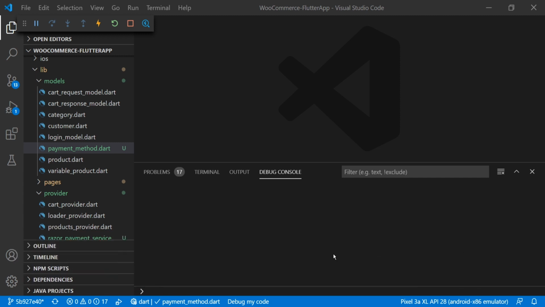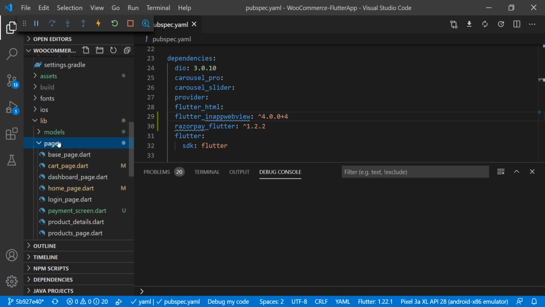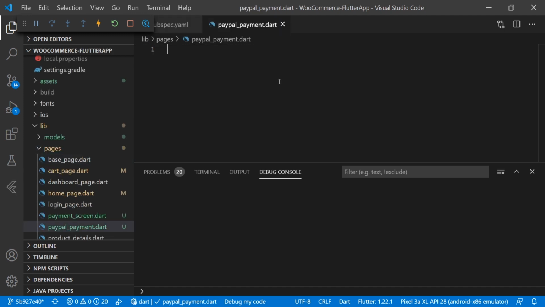And before integrating PayPal, we will design our page for in-app web view, and here we will add the dependency flutter_inappwebview 4.0.0+4. So here we will create a new page, and we will name it as a paypal_payment.dart file, and we will make it as a stateful widget.